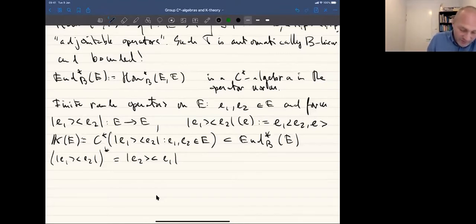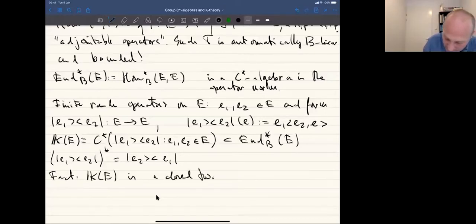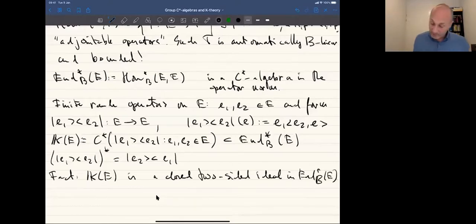Then the main result is that K of E is a closed two-sided ideal. All right, so this will come back in several forms. We'll use a bit of it in this lecture, but in the next couple of lectures when we discuss Morita equivalence, this will all be at our disposal. Okay, so now